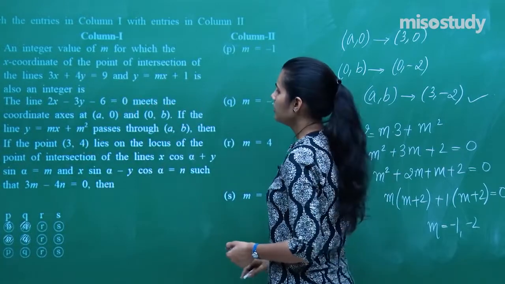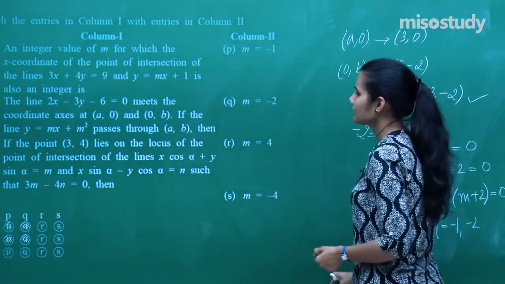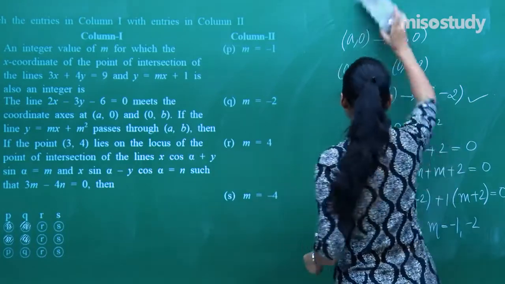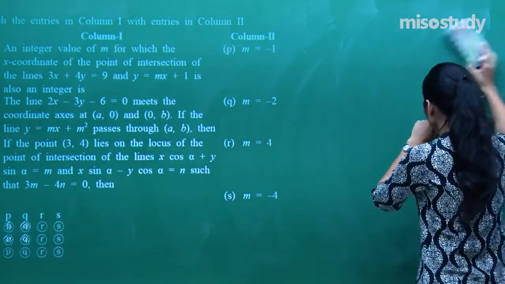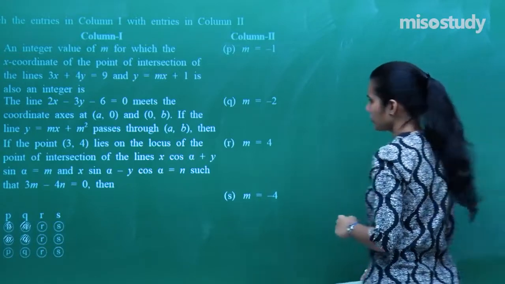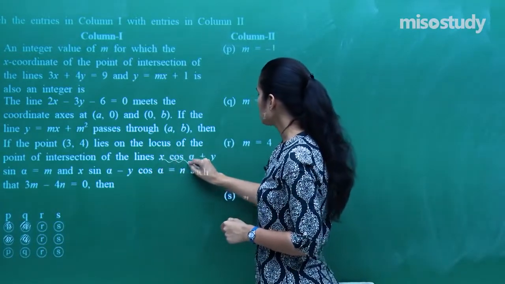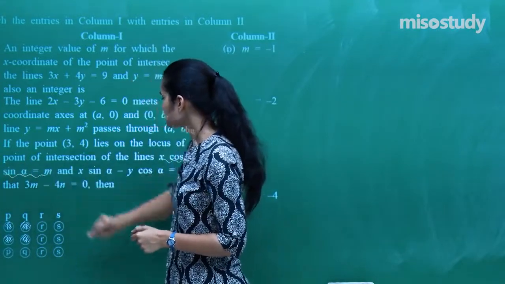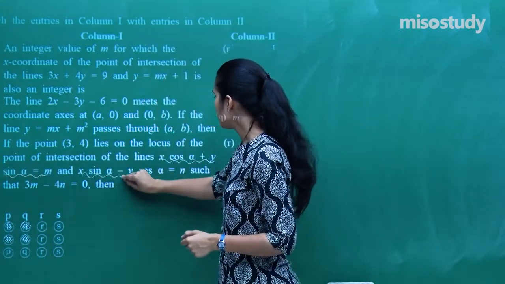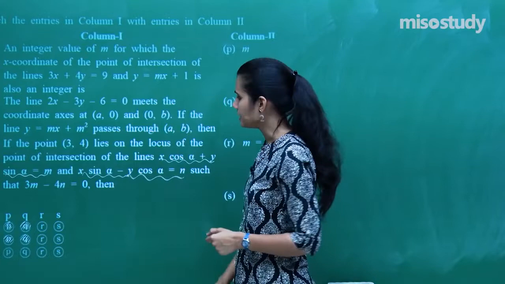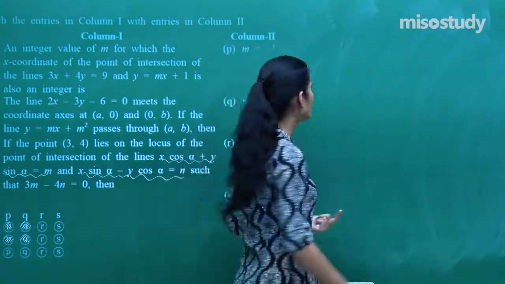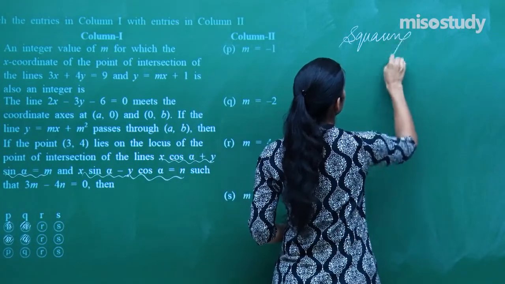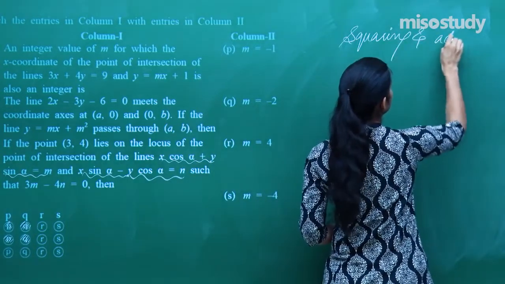Clear? Then you have if the point 3 comma 4 lies on the locus of the point of intersection of these two lines. Let's talk about this. Line is x cos alpha plus y sin alpha equals m, and x sin alpha minus y cos alpha equals n. Just square and add both of them. Squaring and adding